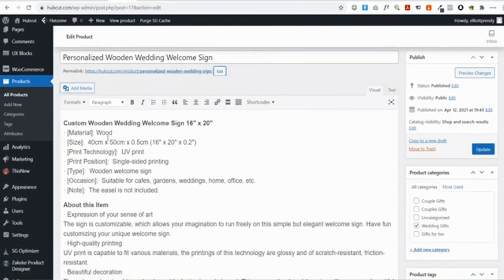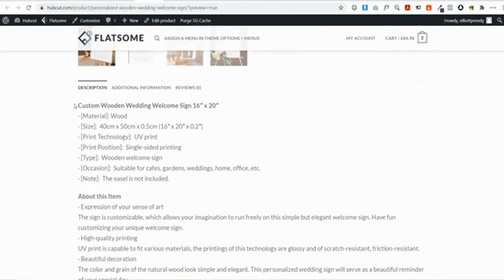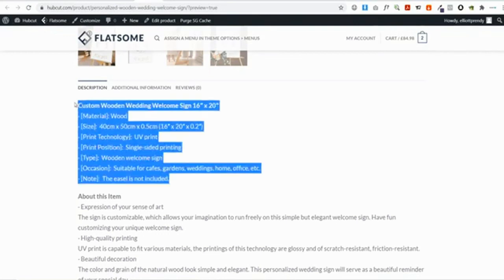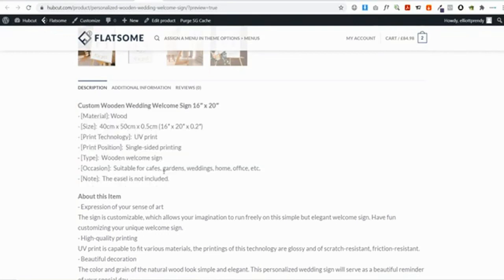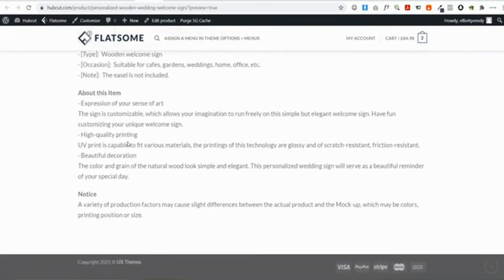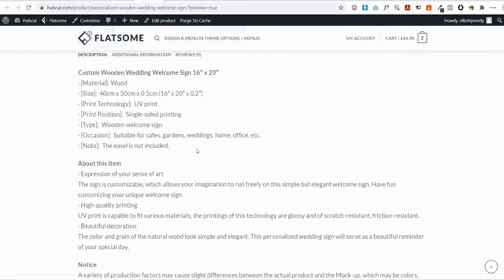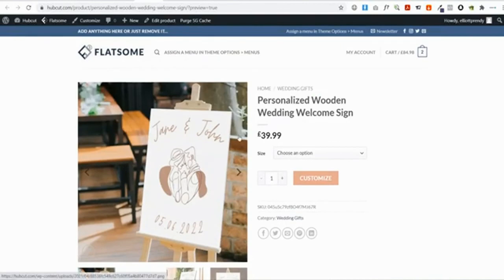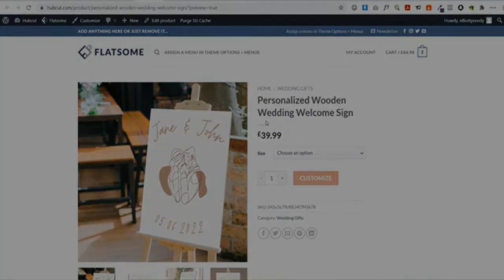Next up, we have the product description. So as you can see in here, the product description will show in this tab over here. Now generally I recommend this description down here to just give you some details about the product. So the ones that we already have in here, so about this item and the size and what it's made from and all of those types of things. So basically all of the boring stuff goes in the description, but we have a product short description where you can go and enter in text here, and this is going to be the more exciting stuff where you actually write